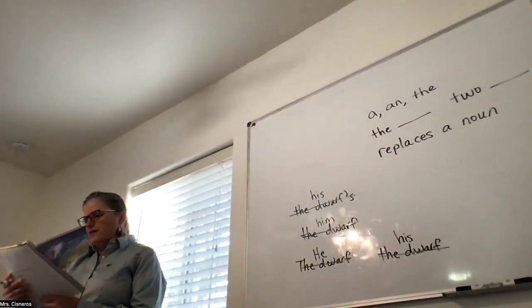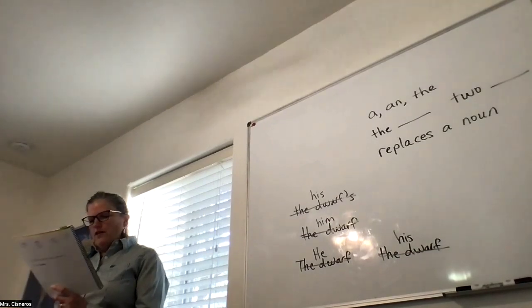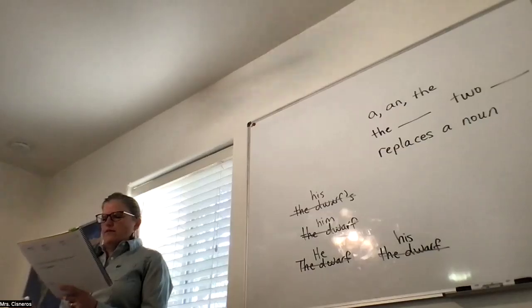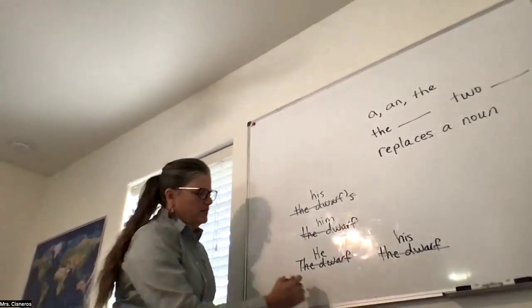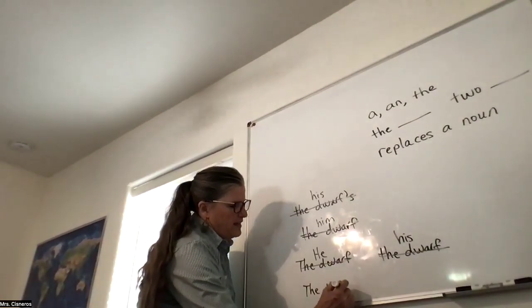with 3 sandwiches. Then we have the dwarf again. You guys getting this? Yeah. There's a bunch of them. The dwarf walked to the woods to eat 3 sandwiches. So how can we fix the dwarf? He, good. So again, at the beginning where it says the dwarf, put he.